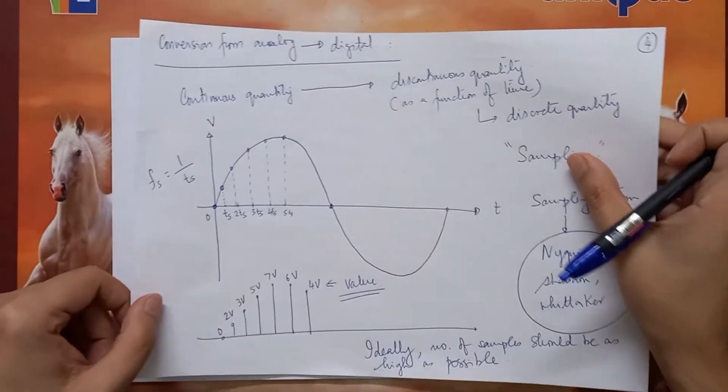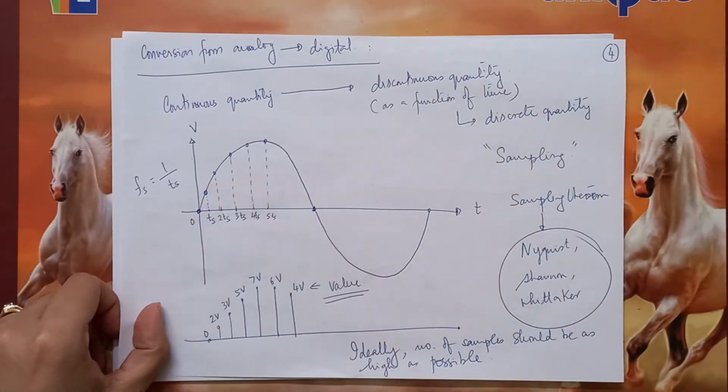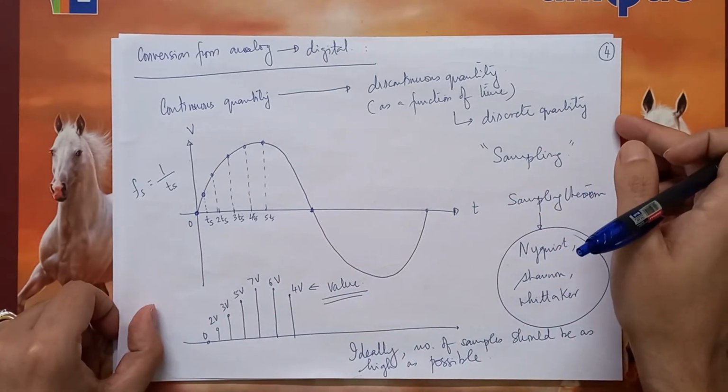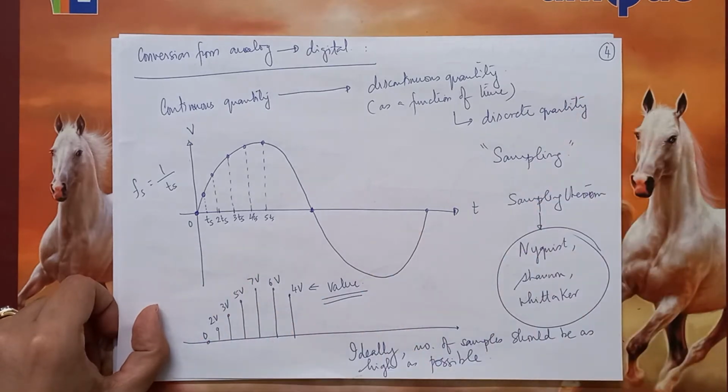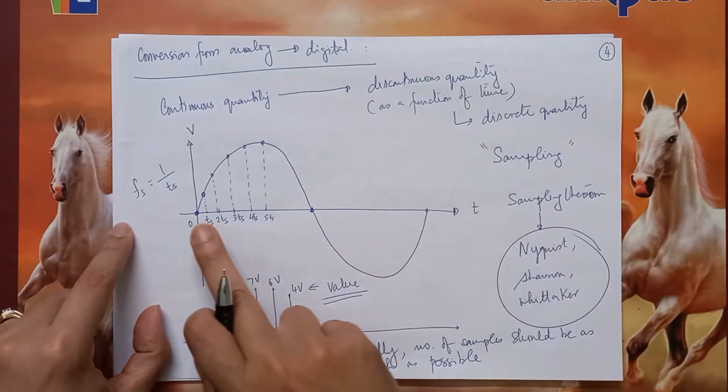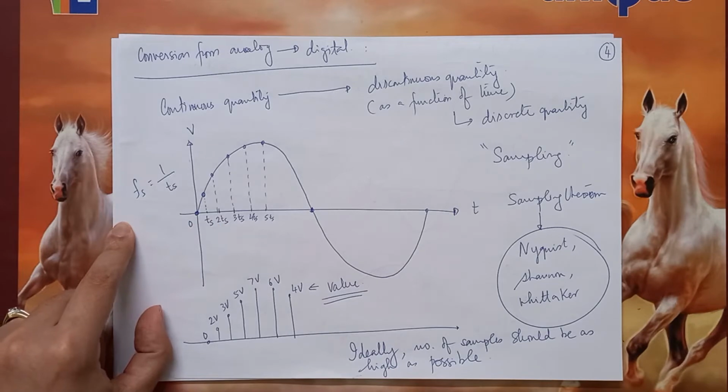So therein we discussed the process of sampling, and we said that we will take snapshots of the signal at certain regular time intervals, and we will just note down their values. So what we saw was that at regular intervals, decided by the sampling rate